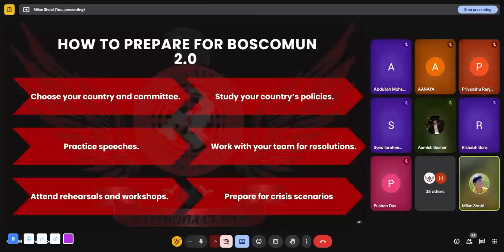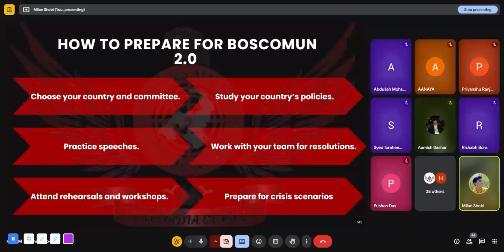Going further, how to prepare for Boscomian 2.0. This year, we have very exciting agendas to speak of. Some agendas are very conflicting as well. I can expect a lot of drama in that particular committee, given the agenda is very, very hot, honestly. So, coming to how you would want to prepare for Boscomian 2.0, if you're planning to win, then first of all,